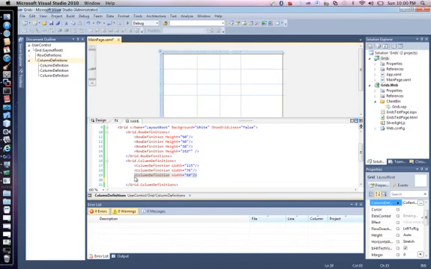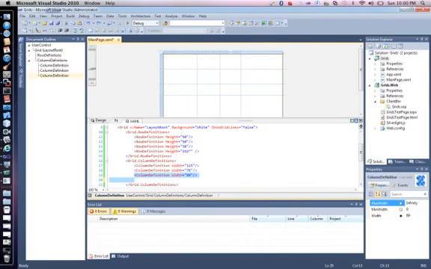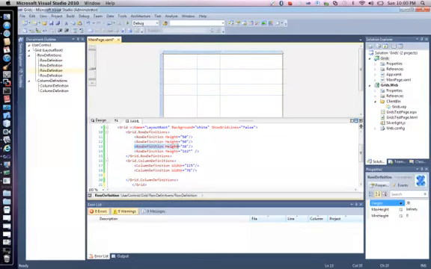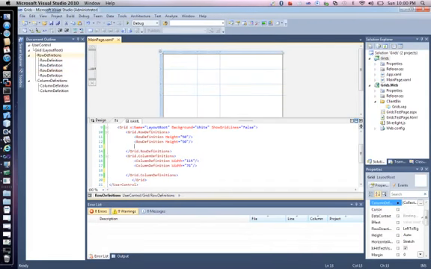If we were to get rid of one of these right here, I'll get rid of the 1, so now you have 0, 1, 2. Same thing with the row definitions here. If I were to delete 2 of these here, then we'd go down to 0, 1, 2. So very similar. It just defines how many columns and how many rows you have, and before anybody asks,